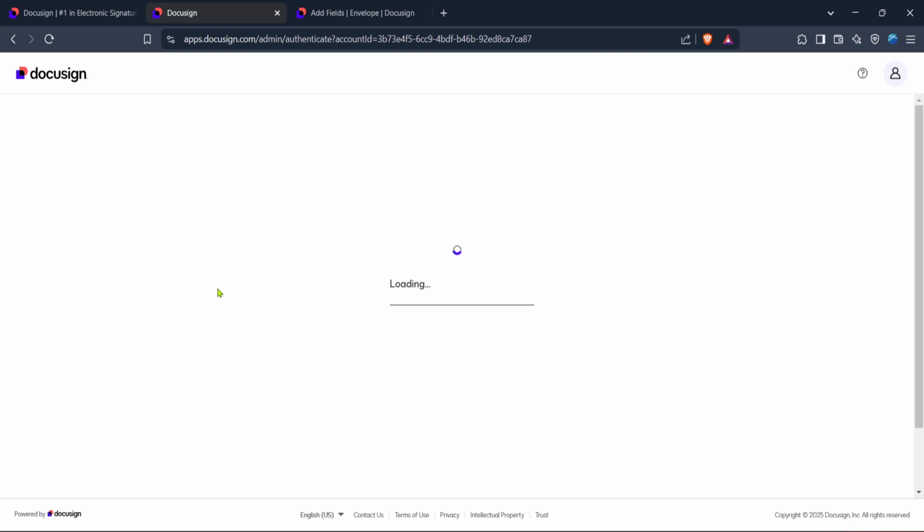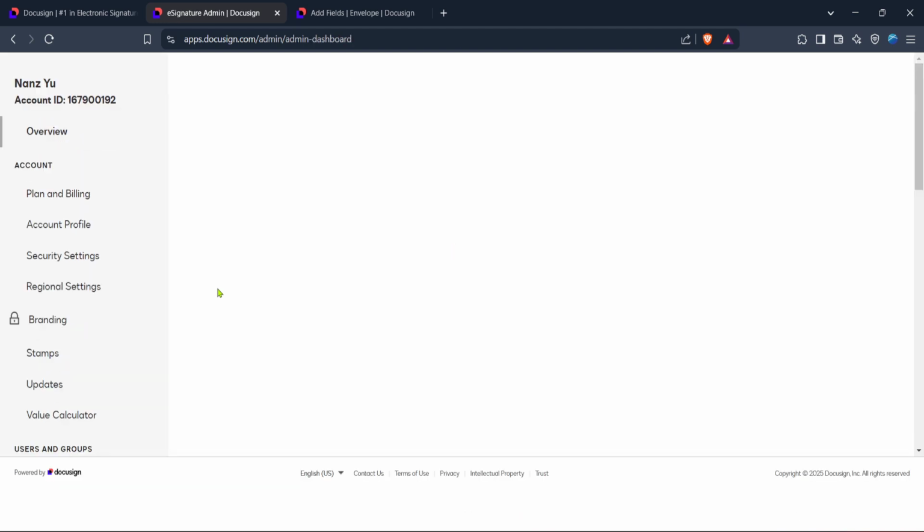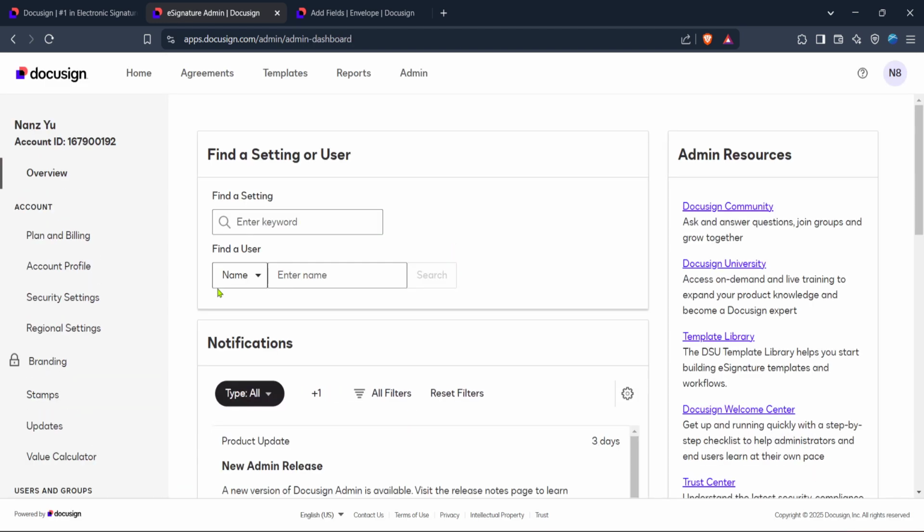This is where the real magic happens in terms of customizing how your documents are signed and managed. It's an important step since these settings will dictate the parameters of every document signing process you undertake. Look for the signing settings link. Usually it's clearly labeled and easy to spot in the admin section.